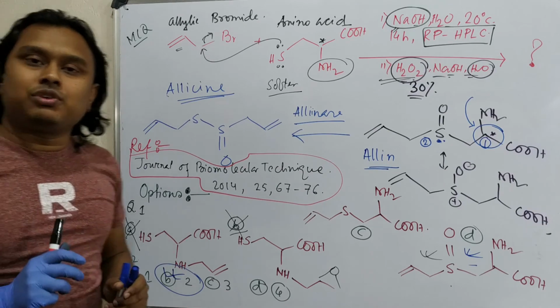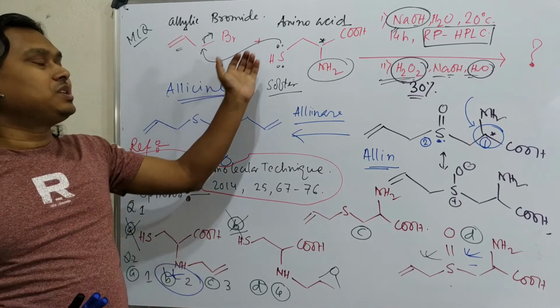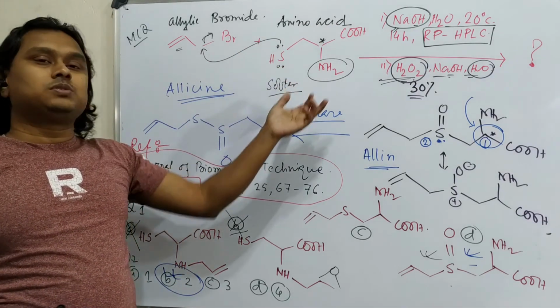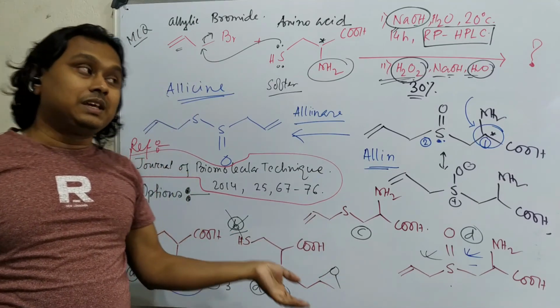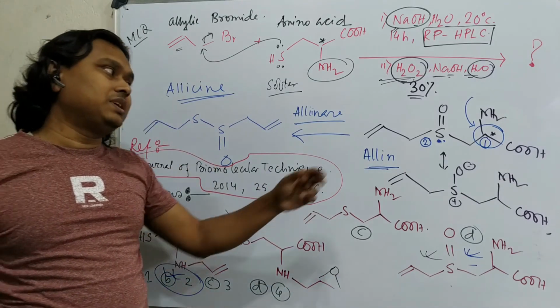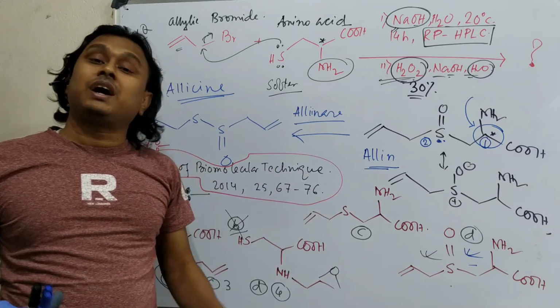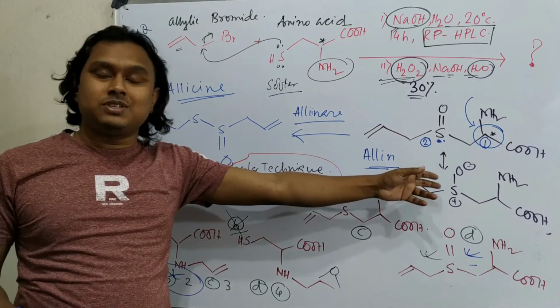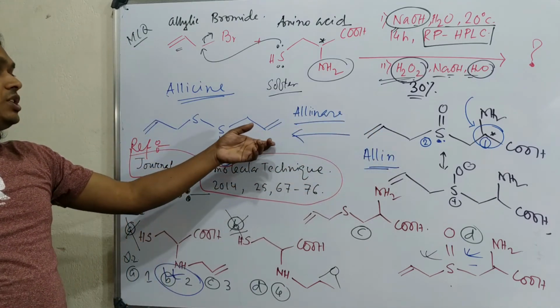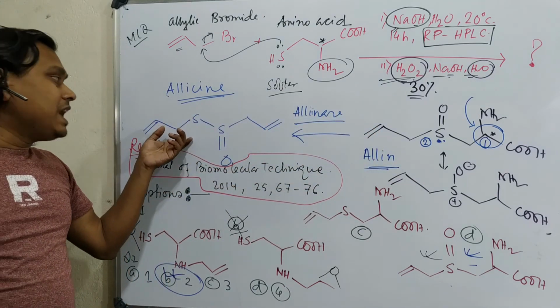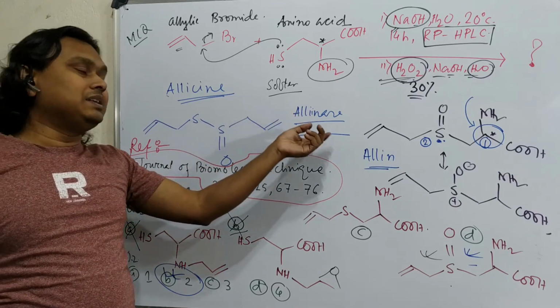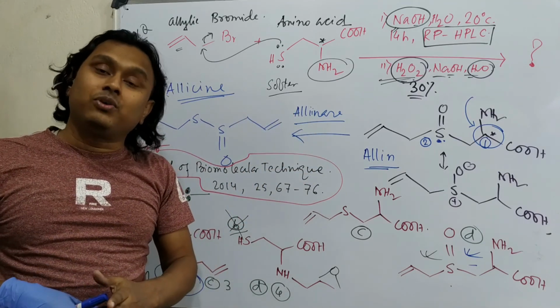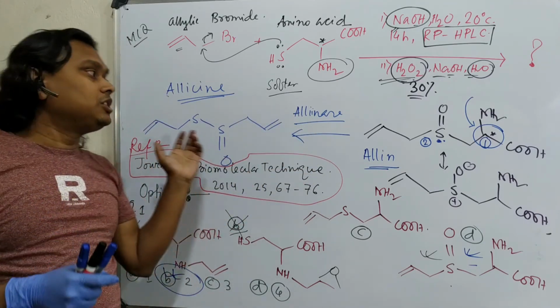So what have we learned today? We have learned a chemical transformation, multiple options possible, among that which is correct, and second, we learned an interesting piece of information, that is sulfur-centric chirality. And the molecule which has an application, this molecule's name is alliin, is useful in the preparation of allicin in the presence of the alliinase enzyme inside garlic. Meaning it's a biochemical reaction. When garlic is torn, it produces allicin.